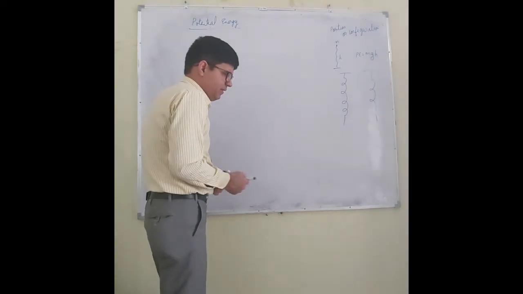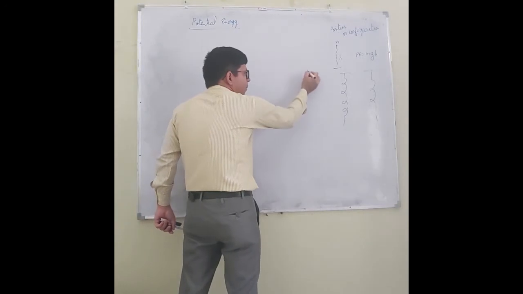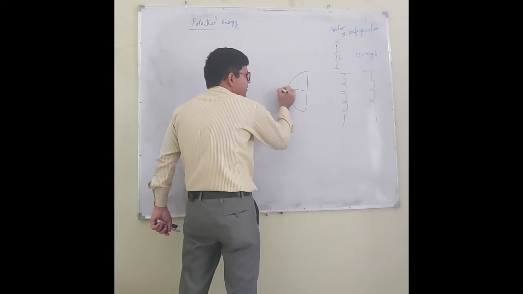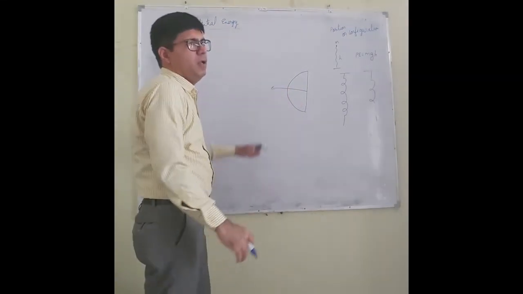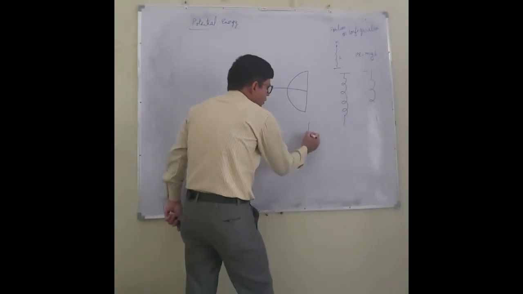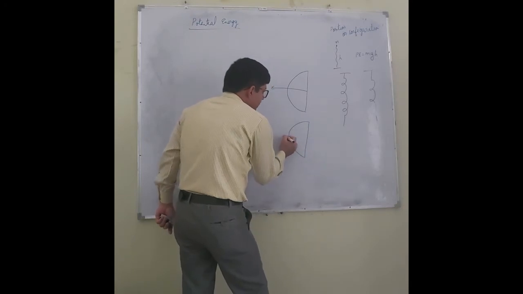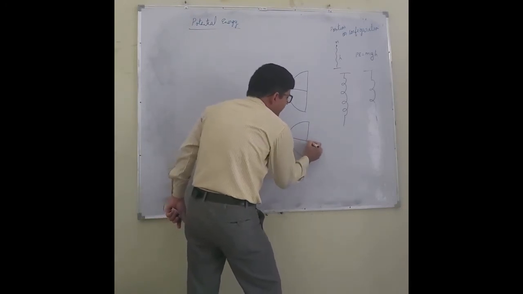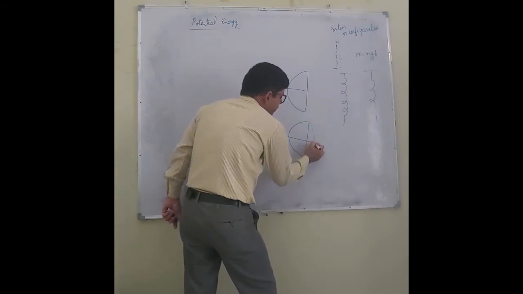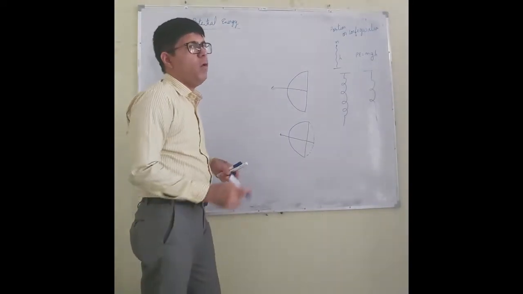Another case is that, let us say this is a bow and arrow system. This is the bow, this is the string, and this is the arrow. If you release it, it will fall down. But if we have stretched the string of the bow, what will happen if you release it? The arrow will move forward.